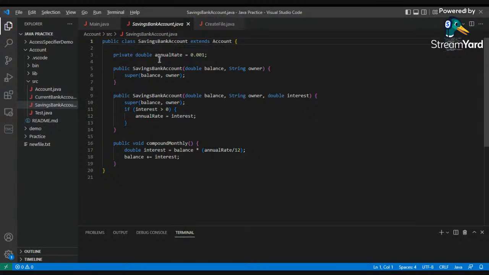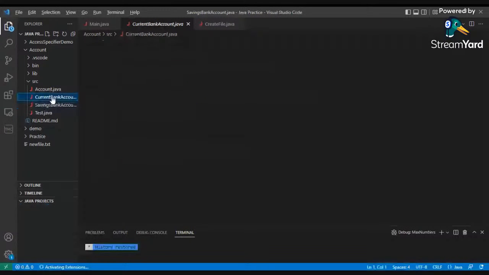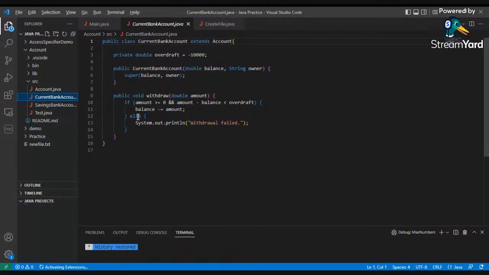A saving bank account has compound monthly, and the current bank account has withdraw. So I guess if it's a saving account, you can't withdraw maybe. Possibly. Yeah, maybe. Yeah, that's fine.